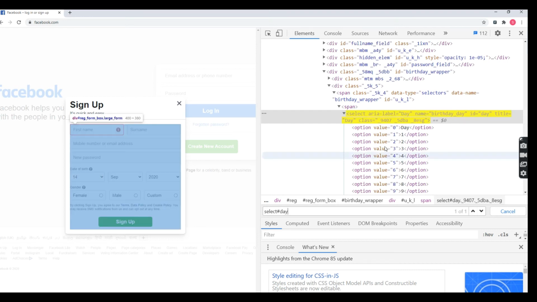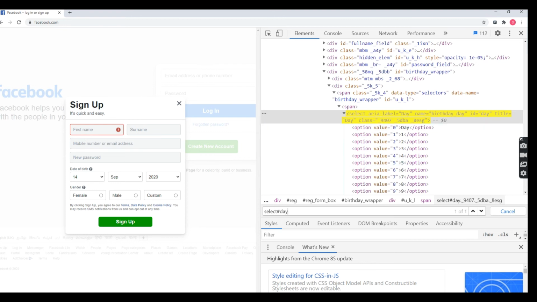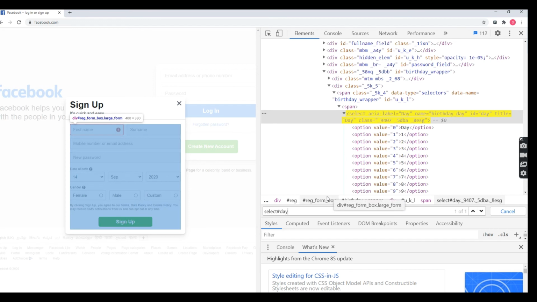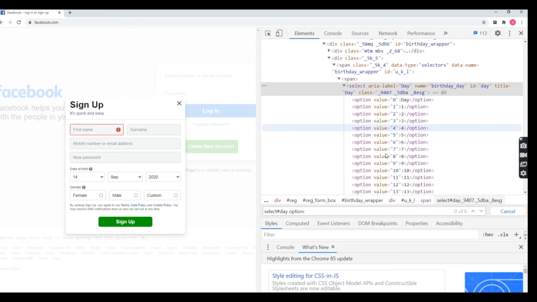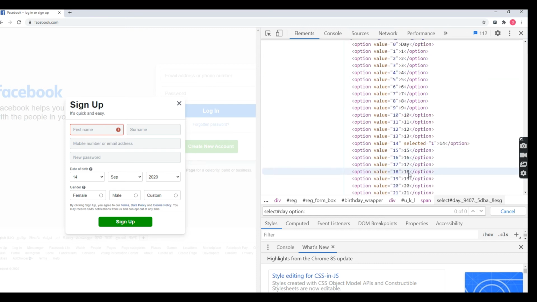So the select tag we have covered everything. Then we are going to move to the child tag. The child tag name is option. So then, okay, I put option. I can see option is 32. So which one am I going to select here? So put colon. I'm going to select the 18th one. Okay.